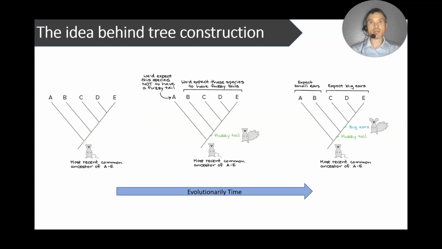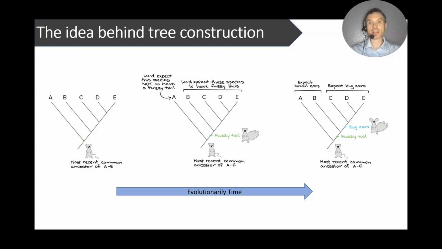So what is the idea behind constructing a tree? Well, we start in this concept. We start at the most recent common ancestor of A, B, C, D, and E. These are cladograms, just be aware of that. And so what we do is we look for a characteristic that is distinct among all members with the exception